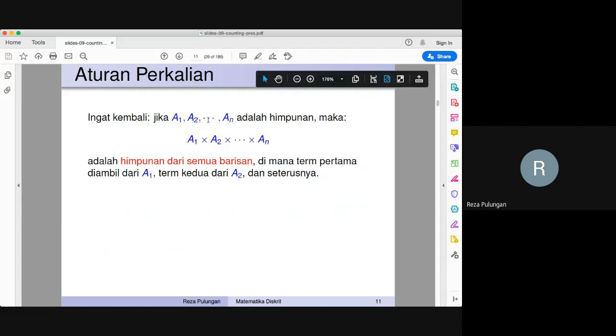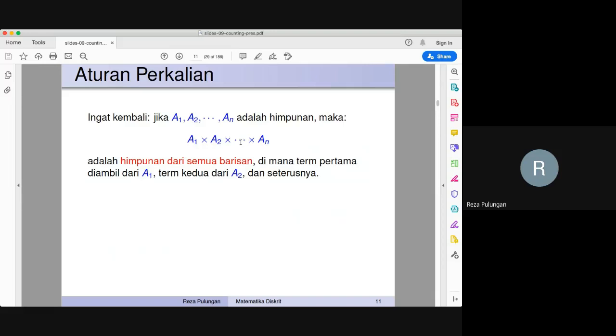If A1, A2, up to AN are all sets, there is no condition whatsoever, then A1 times A2 times and so on until AN is the set of sequences where the first element, the first term, is taken from A1. The second term is taken from A2, and so on until the nth term inside of this sequence is taken from AN.